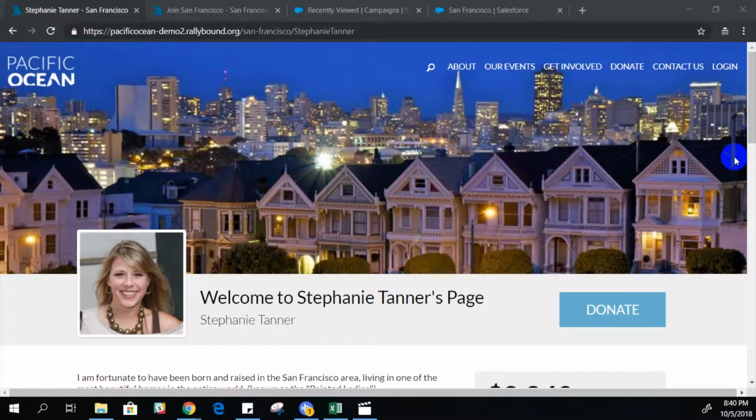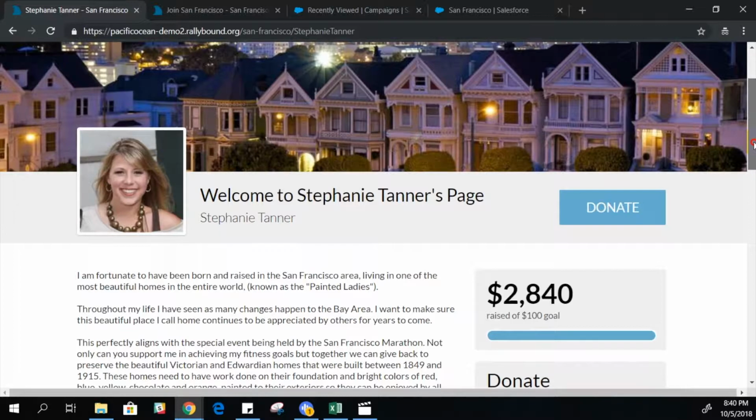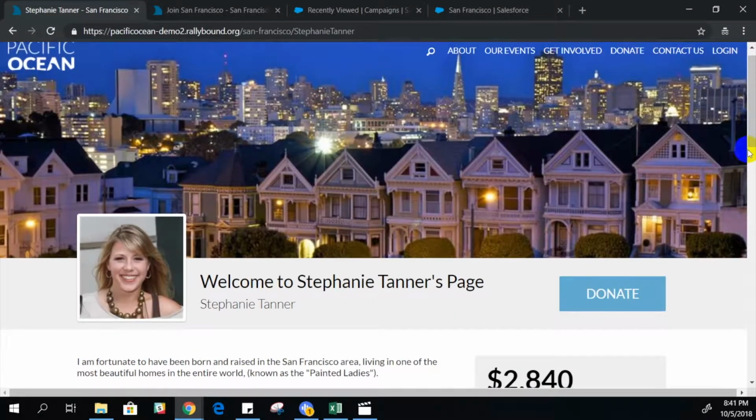She has been a San Francisco native since the year of 1987, and she has recently been involved in philanthropic and fitness events, which I feel like we all start to do as we get older and we realize that fitness is no longer a want, but it's kind of necessary. And so it's fitting that two of her favorite desires at this point in time are coming together for the